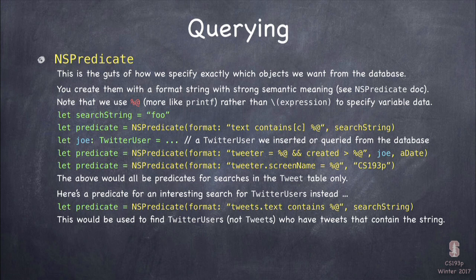This one is for a Twitter user. So here I'm searching for all the Twitter users who have a tweet whose text contains foo. So it even knows how to do a pluralistic search right here where you've got tweets.text. That means all the tweets' texts. And it's doing contains. Again, we could do square bracket C if we wanted, foo. So that's a Twitter user search right there. We're looking for the Twitter users who have tweeted anything that includes foo. Again, a powerful search, really easy to express in the predicate.